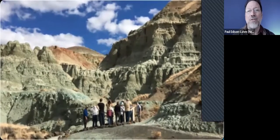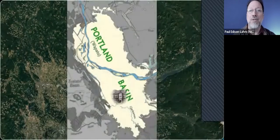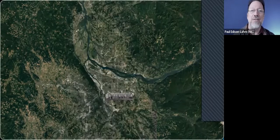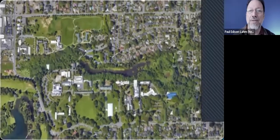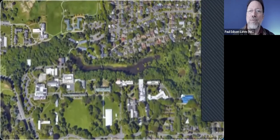But here in western Oregon, especially in the Portland Basin that I'm going to be talking about today, and there's Reed College in the southeast portion, it's all covered with green stuff. It's all covered with grass and trees and houses and so forth. So we're lucky to have in the middle of campus sort of a trench that is dug right through that